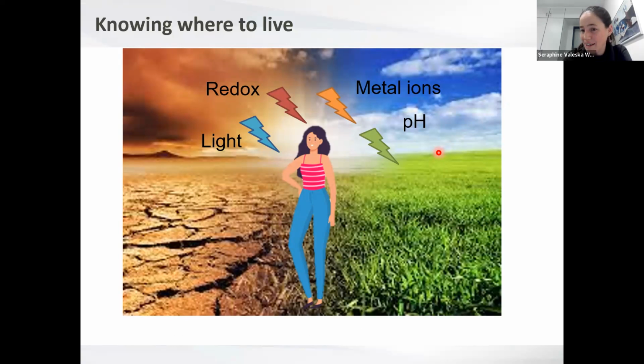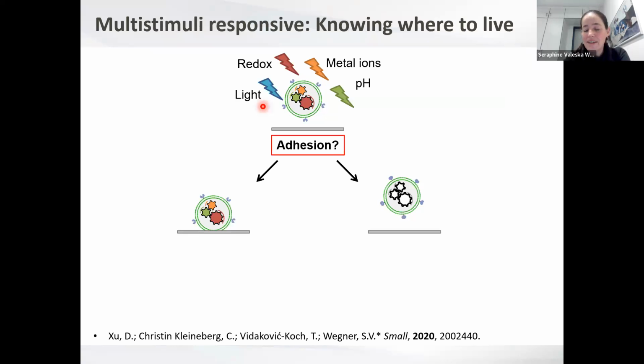Will it colonize or stay in a certain place, or will it leave because it doesn't fit its needs? And to make these types of decisions, cells actually have to integrate many different signals in their environment and see where they want to stay. And so these inputs can be light, but also redox or the availability of certain metal ions or pH, for example. And to replicate this, we again use our adhesion unit that I just introduced to you and wanted to control the adhesion of a synthetic cell